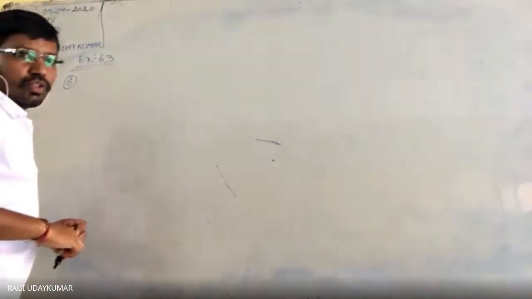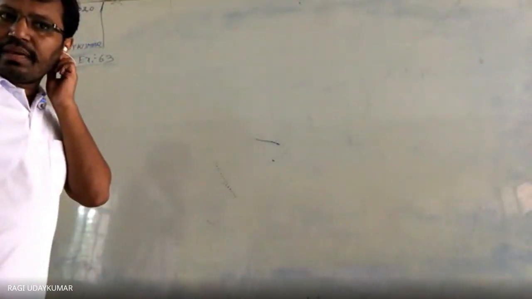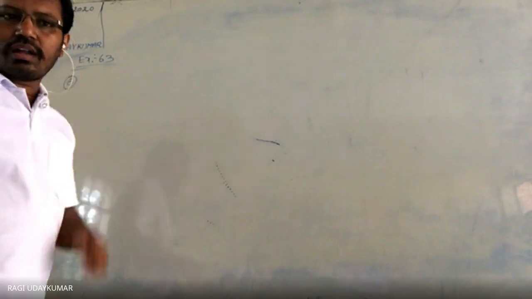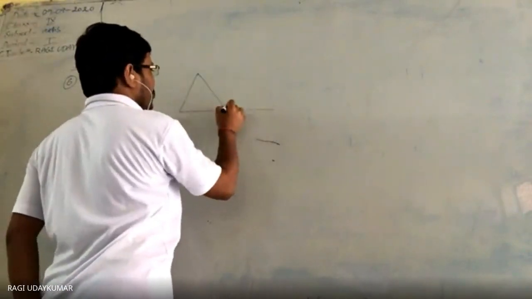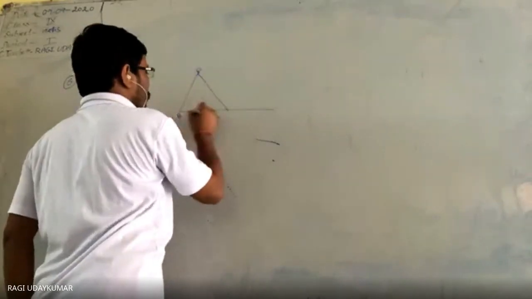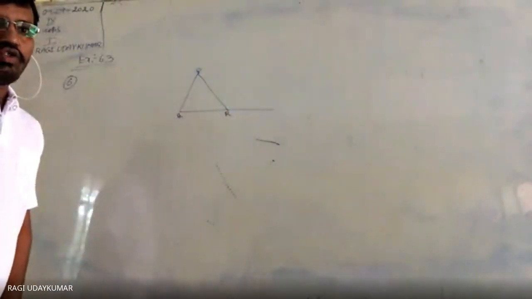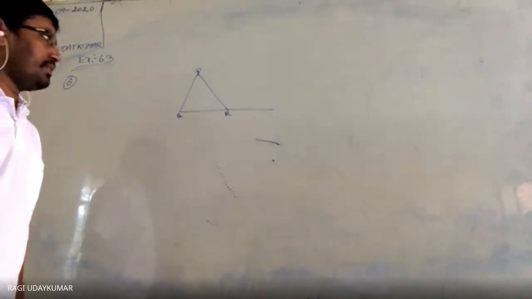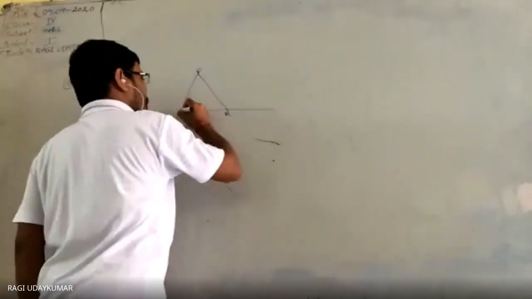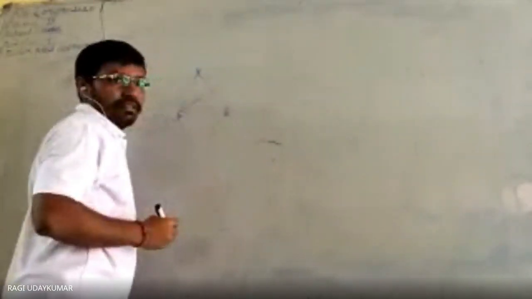The question given to you: side QR of triangle PQR is produced to a point S. If the bisector of angle PQR, meaning the line equally dividing the angle,